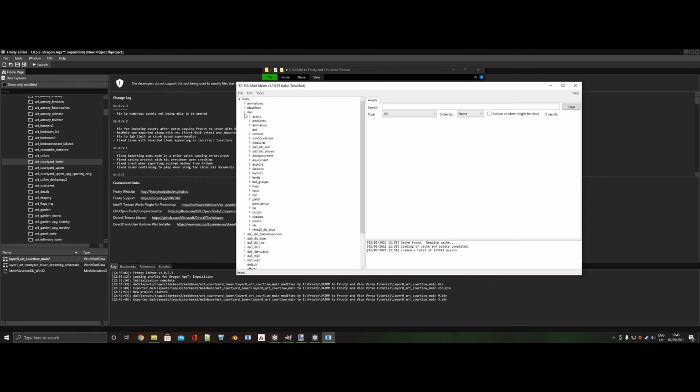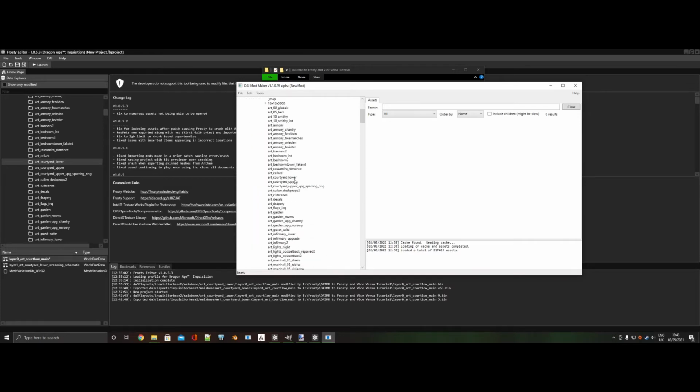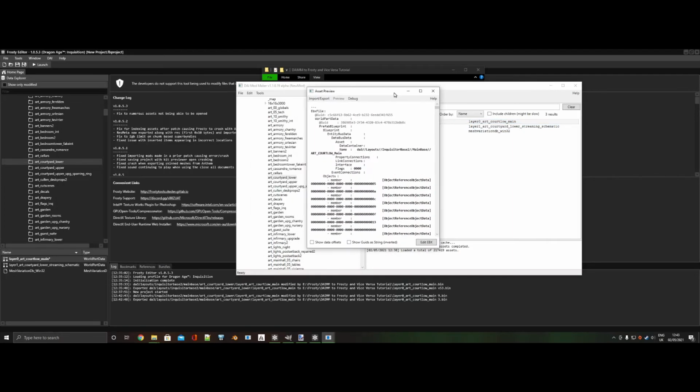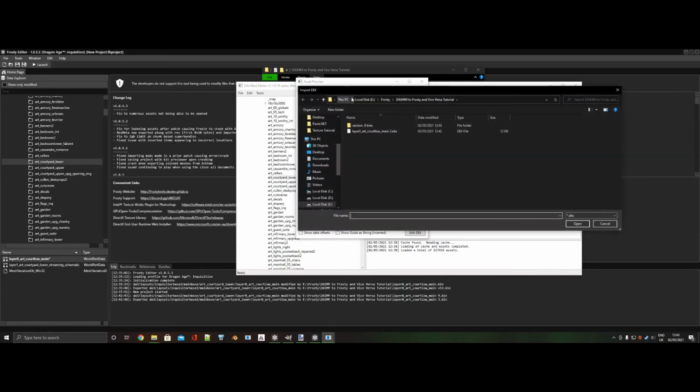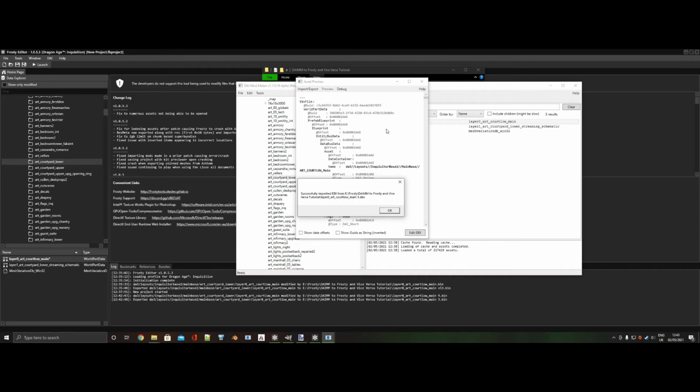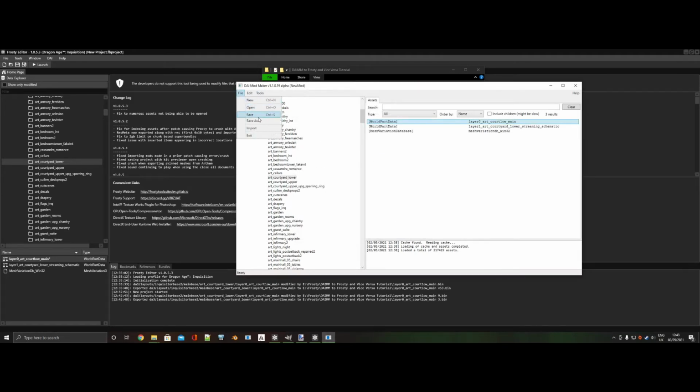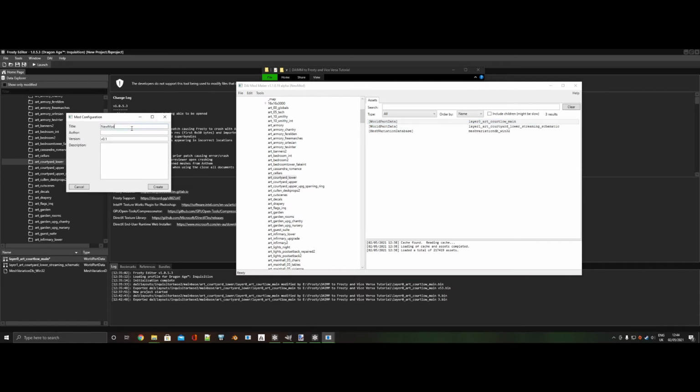So we find the same location in here: DA3, layouts, Inquisitor base 2, main base, courtyard lower. In mine, yours will be different if you're not editing the same file. Import EBX. Successfully imported. Now all we would do is go to save as, new mod,